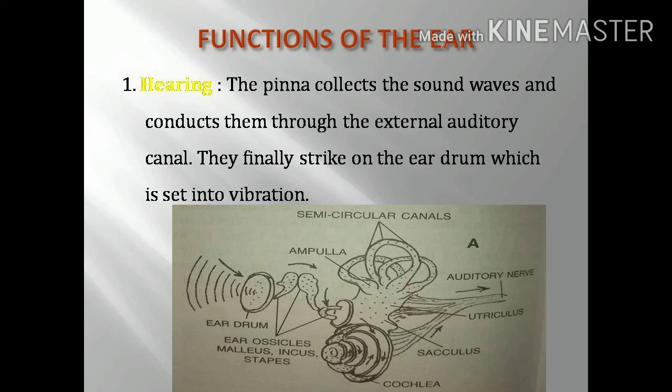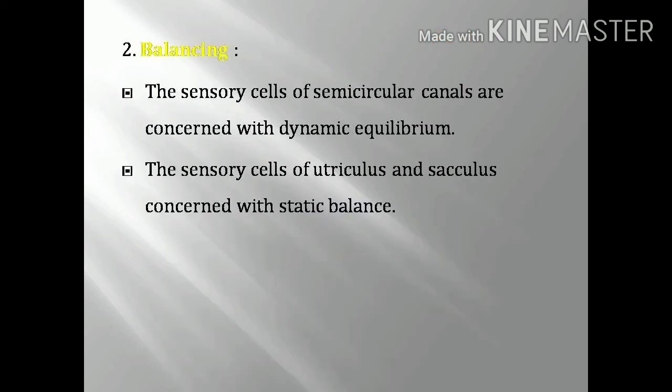When the vibration enters inside the cochlear region, the fluid present in the canals of the cochlea undergoes the vibration. And in the median canal, we can see the organ of Corti. It is present on the basilar membrane. It has sensory hair cells. It receives that vibration and converts it into a nerve impulse. And that nerve impulse goes through the auditory nerve to the brain. So this is the mechanism of hearing.